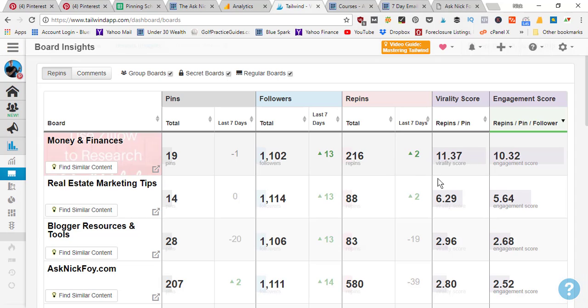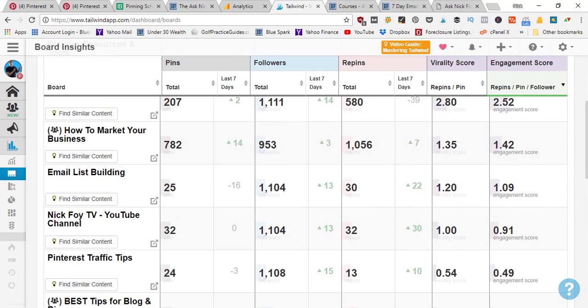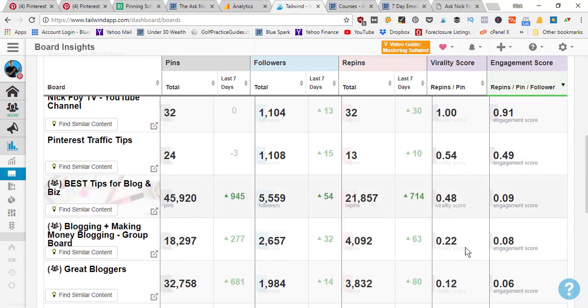So this is like the board's quality score, basically. The higher the score, the more quality that board is. And that's what Pinterest is looking at. They want boards that get lots of repins, lots of engagement, versus how many pins those boards have. So if you're joining boards that have tons of pins and hardly any repins and they've got low scores, that's